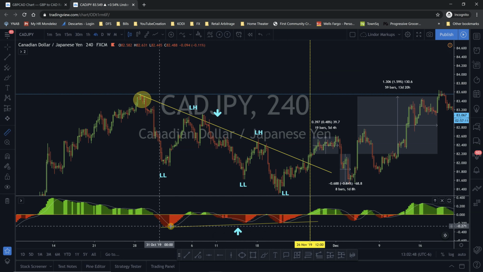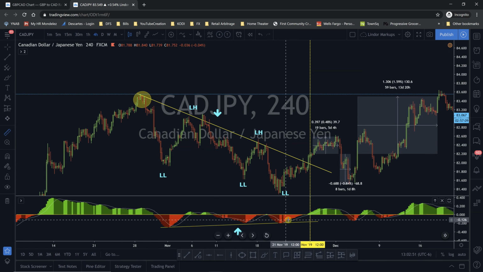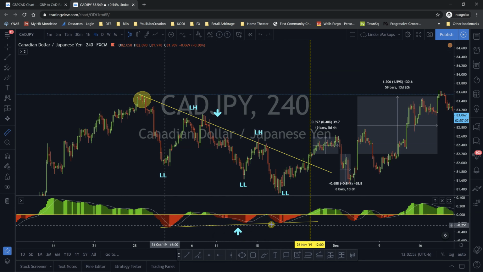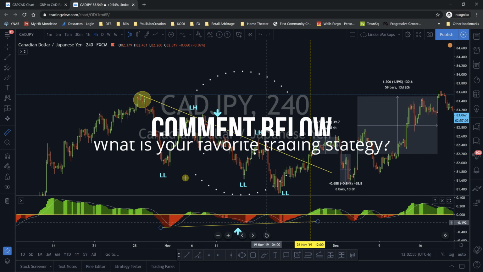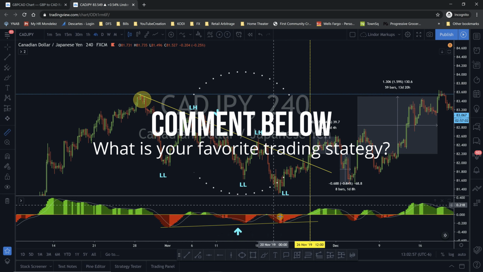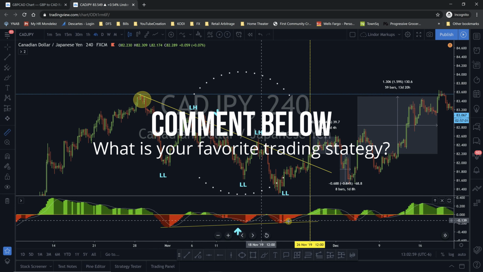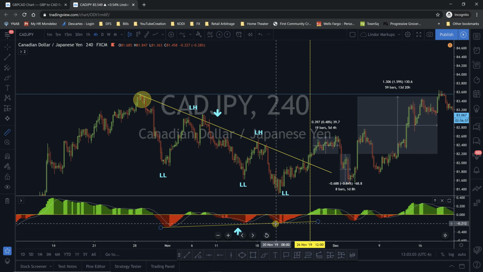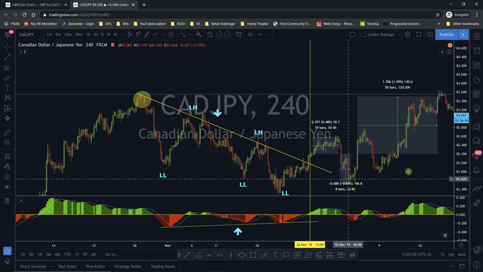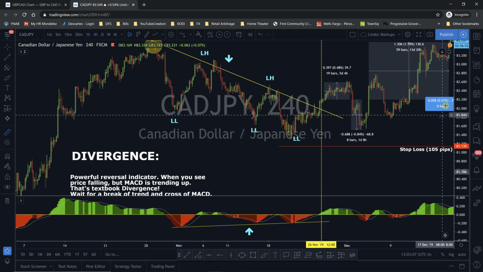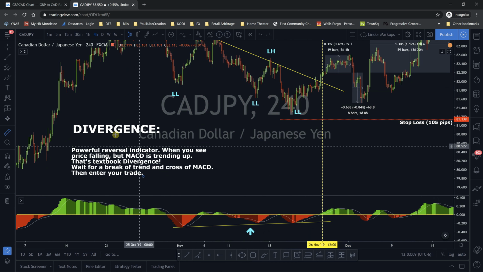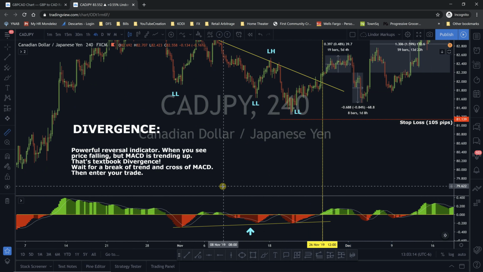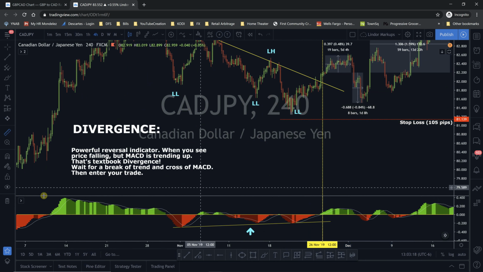So as you can see, this particular indicator is showing that the momentum is dying as far as the selling pressure, right? So it's actually gaining strength because you see this dip is low and this one is higher than that one. So this is what they call divergence, right? So what is divergence? Divergence is a powerful reversal indicator, right? It's when you see the price is falling, as in our case,